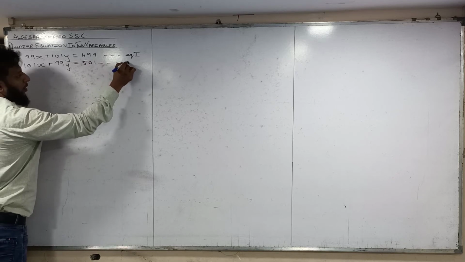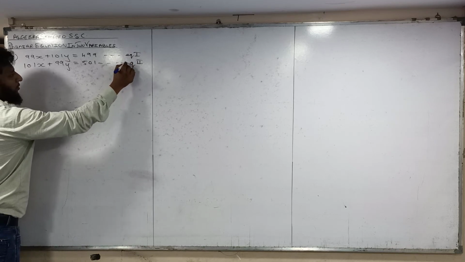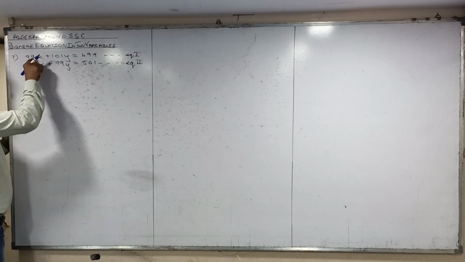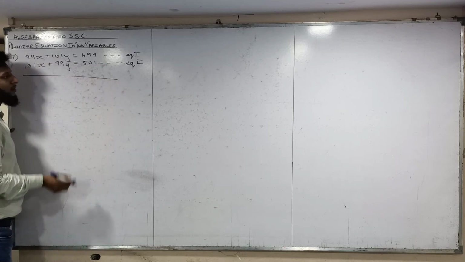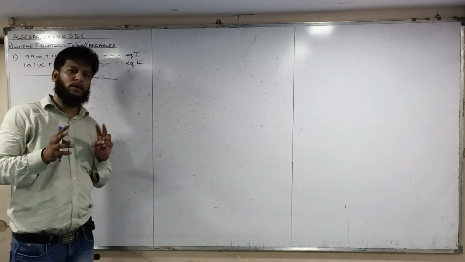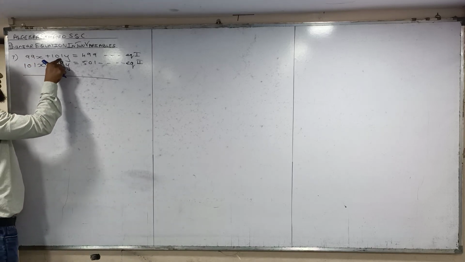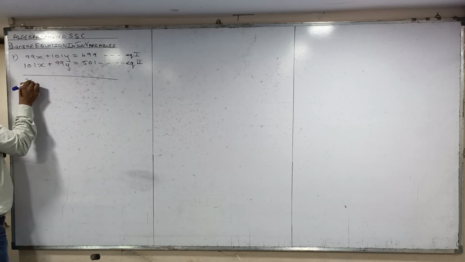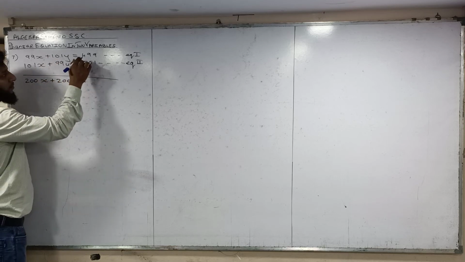Equation 2. And this is a very simple and scoring sum. So please see this sum. Now when the cross numbers are same, it is very simple to do this sum. Add this equation and subtract this equation. You will get two other equations and then you have to solve them. See 99, 99, 101, 101. So add this equation first. So add means 200x, add means 200y, add means 1000.